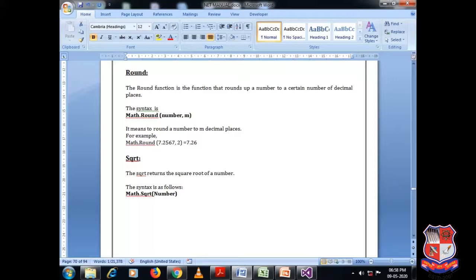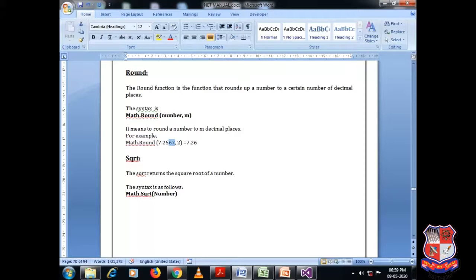For example, if I write Math.Round 7.2567 comma 2, you can see over here after the point this is 2567, and I have instructed my function to convert the given number up to 2 decimal places. So the rest of this 67 should be eliminated, but that too will be eliminated with proper logic.